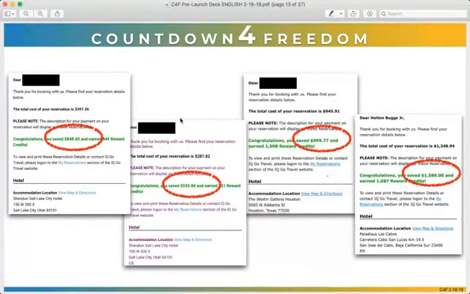Now, this last one, we can share his name because he's the CEO of this Countdown for Freedom movement. I know you're asking, by the way, is that the name? No, it's not the name. Countdown for Freedom is our movement. The name is going to be revealed shortly. I'll get into that as we close. Look what Mr. Buggs saved,